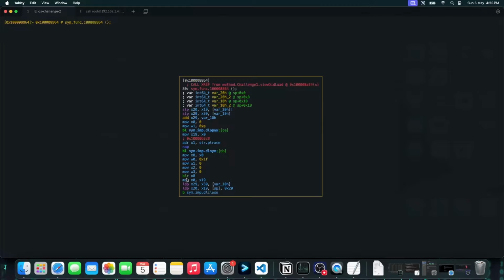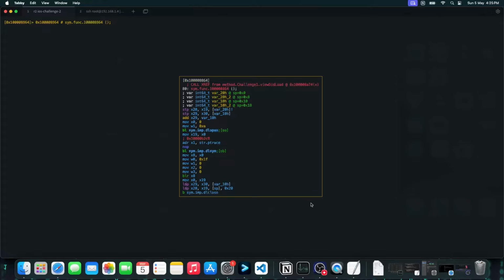So just imagine here, instead of this branch x8, we have a ptrace function call, and right before that we have these move w0, w1, x2, w3 instructions. So these are nothing but storing the arguments of the ptrace function call into the respective registers,